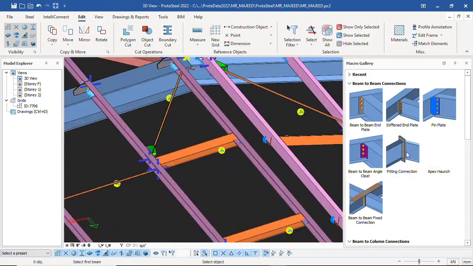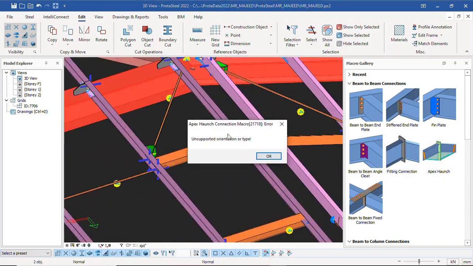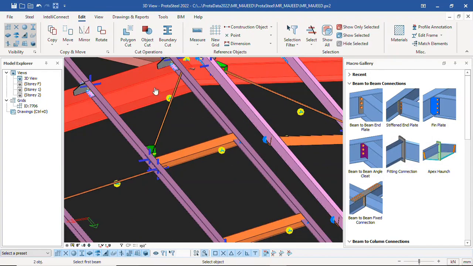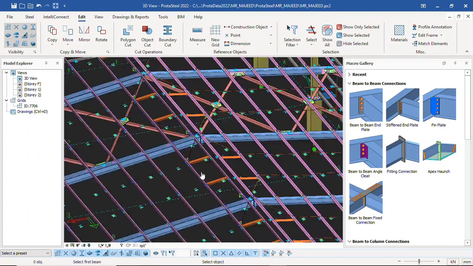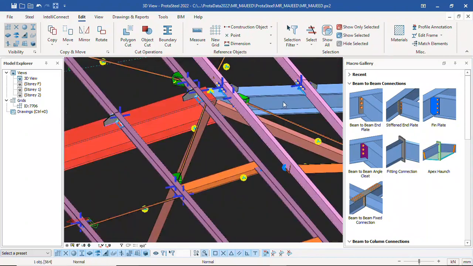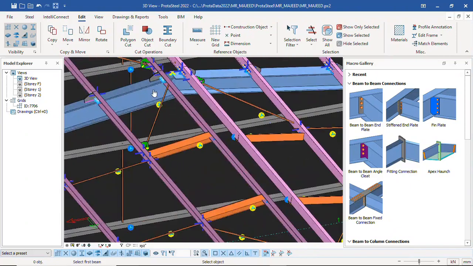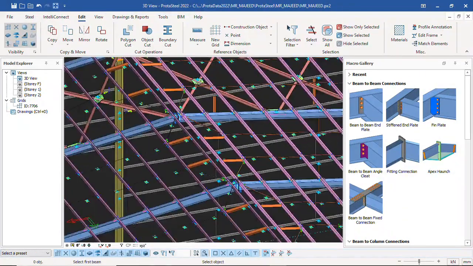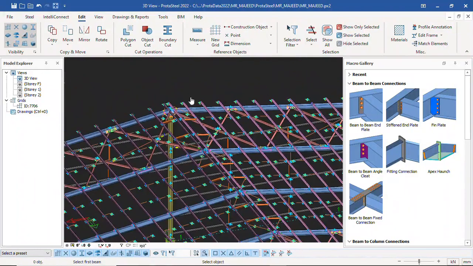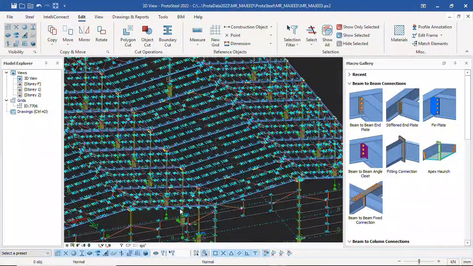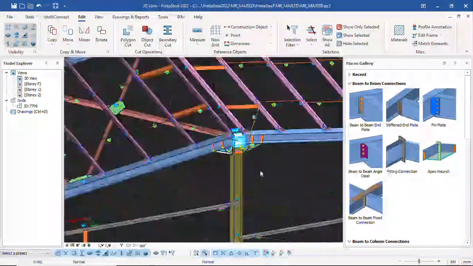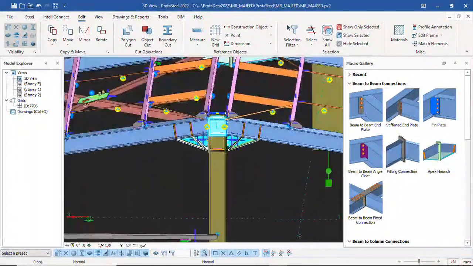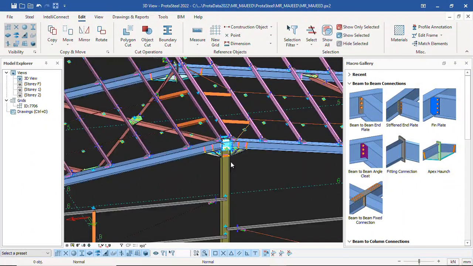Okay, let's try apex hunch here. So now you use this and this. Okay, this and this. So where apex hunch could not work, you use the other one. Use this fitting connection. So this is how you do it. And then another thing I want to show you is, for this type of connection, we